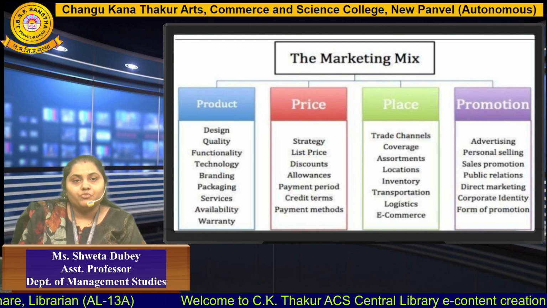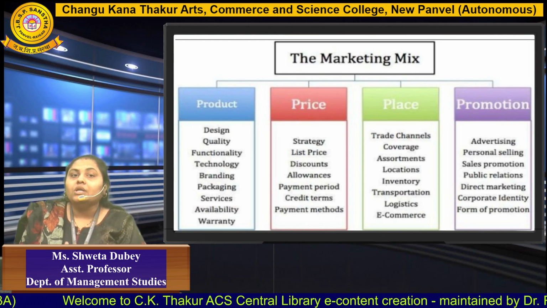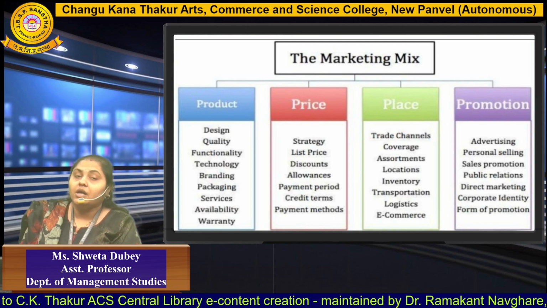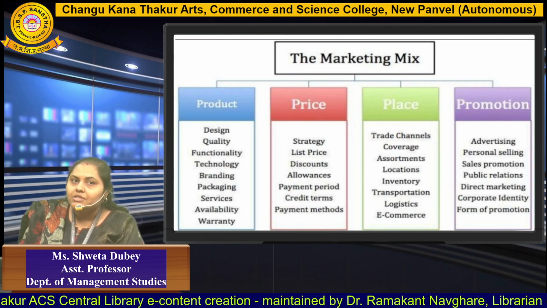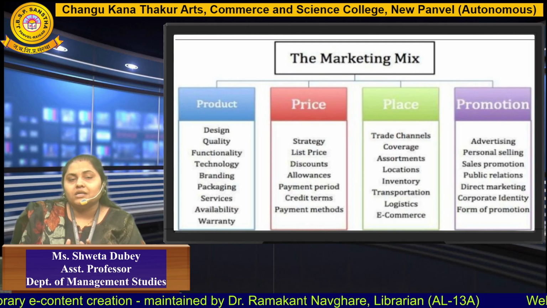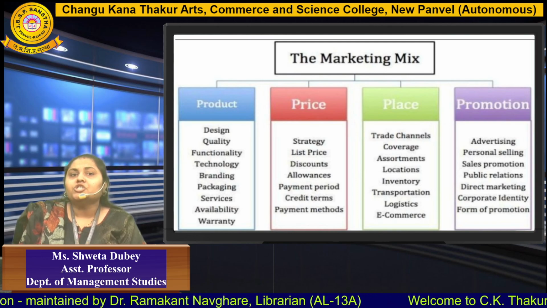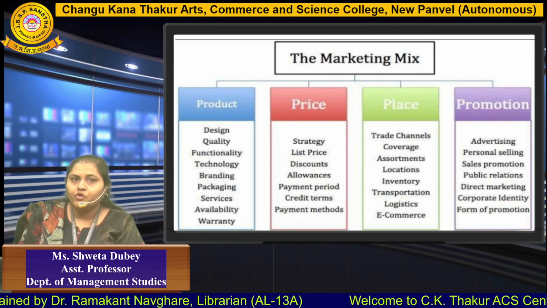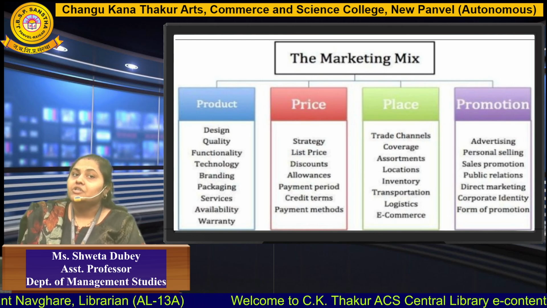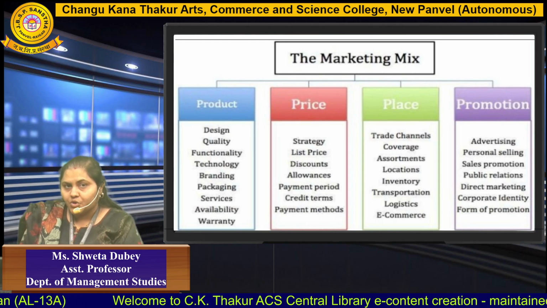The very first one is product. It is considered to be one of the most important marketing mix elements. Without taking any product decision, you won't be able to move forward with any other element also. So first, you need to decide what kind of product you are going to come up with, what would be its design, how are you going to standardize its quality, how are you going to package it, what would be the functionality of your product, which technology are you going to use in preparation of your product, how are you going to package and present it to the customer, how are you going to brand it and create an identity for it, what would be the payment terms, what would be the additional services that you would be providing.